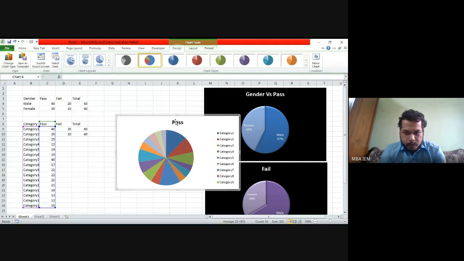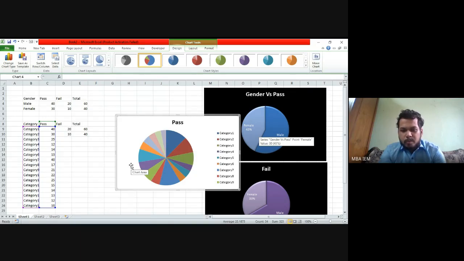Okay. So now can you see that most of the slices are so close to each other that you cannot exactly make it out. Now I have 15, so the slices are comparatively bigger. If I have somewhere around 20 or 30 or 50 categories, then we will not be able to figure out which one is greater and which one is smaller. Previously, just looking at the visual, I could say that male is greater than female. But over here, you cannot say which one is greater and which one is smaller. The maximum one you can still figure out, but the other ones you cannot.